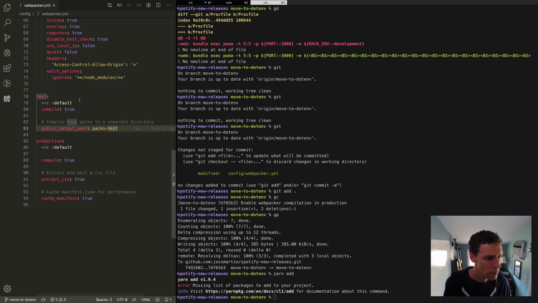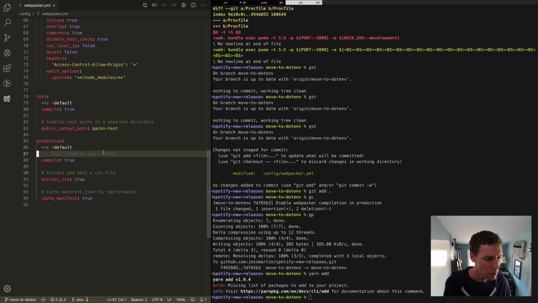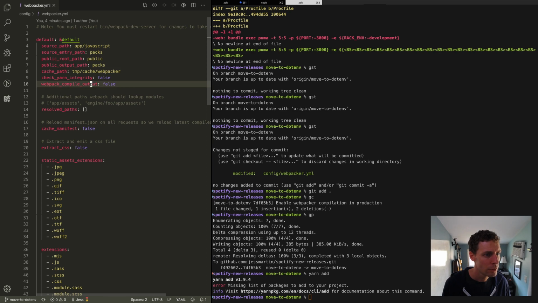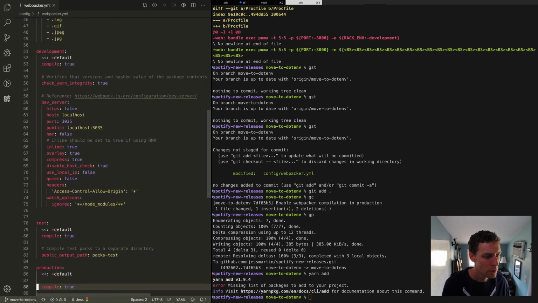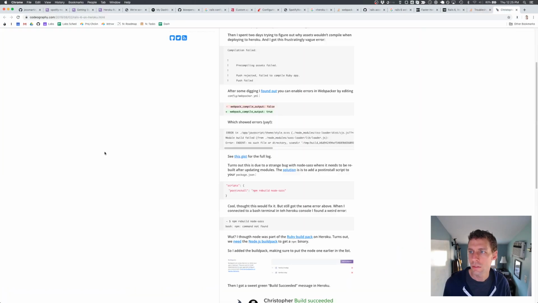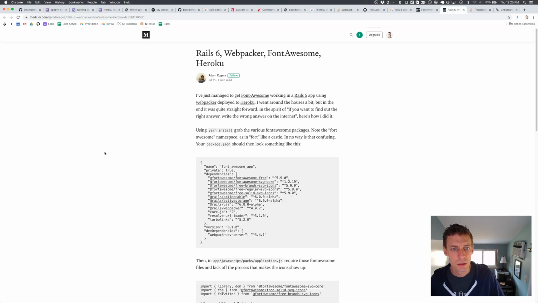Webpacker YAML. So we did configure production. It is running in production mode. Compile is true. Compile output is false. So maybe we set that to, I don't know if that's going to help, honestly, because I think that will get eaten by,